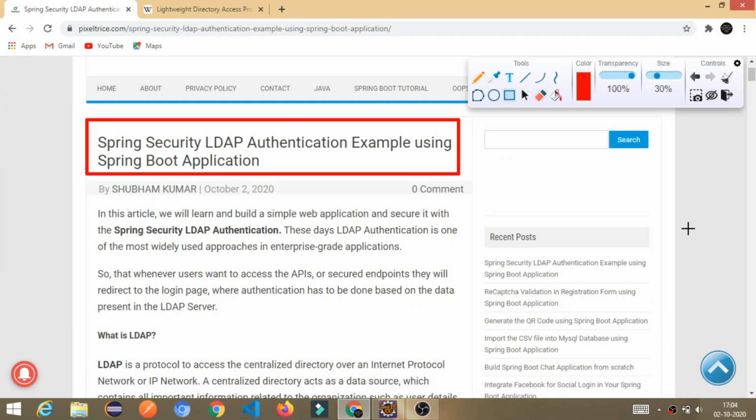Today we are going to learn how to implement LDAP authentication in our Spring Boot application so that whenever users try to log into our application, we will validate whether the credentials provided by the users are valid or not based on the data present in our LDAP server. So in this video, I am going to build a very simple web application and we will secure that application